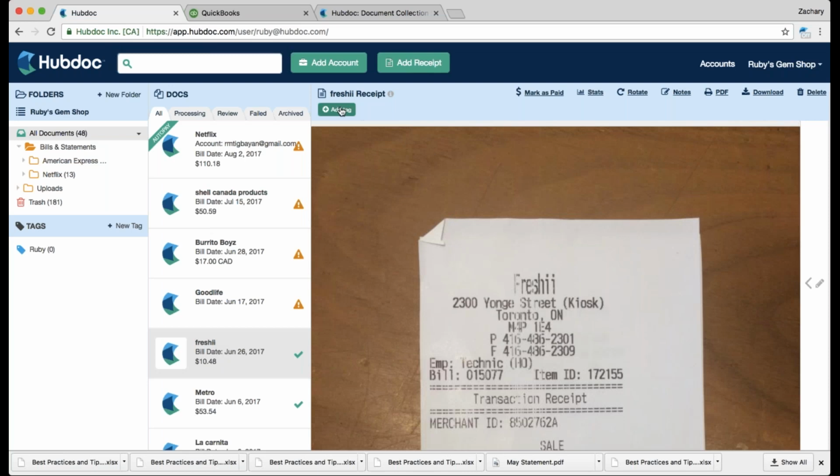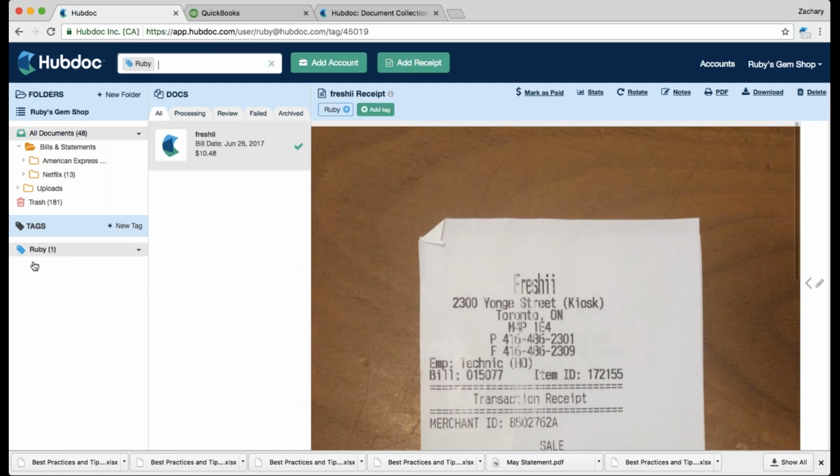receipt from Freshie is a client lunch. And let's say it's Ruby's lunch that she went out with a client for. You can tag it Ruby, press enter. The enter function for us saves the tag. And then you can see here under the tags at the bottom that under the Ruby tag is this new